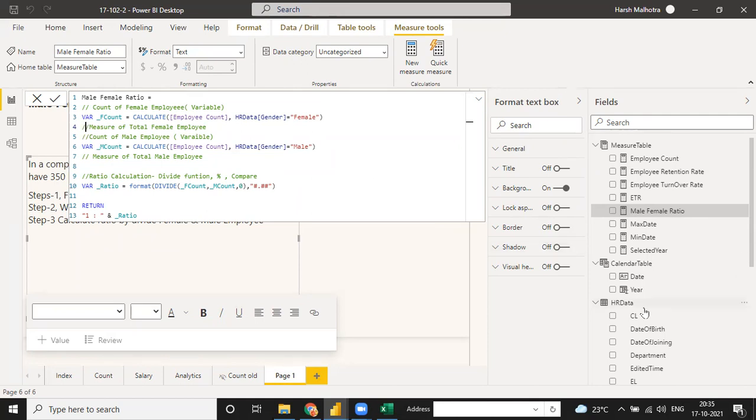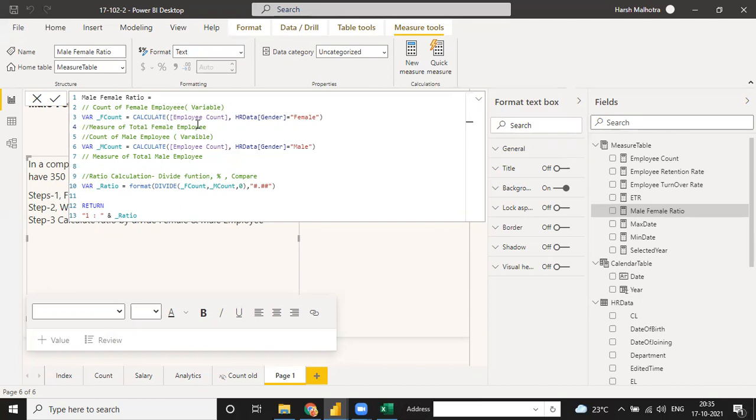But if you calculate your measure again, and then you calculate this male and female, then also it will take the same time. It does not make a difference, because you have to write the same thing into the formula again, so it will take higher time instead of creating a measure. But yes, if you already have one, then you can use that measure.